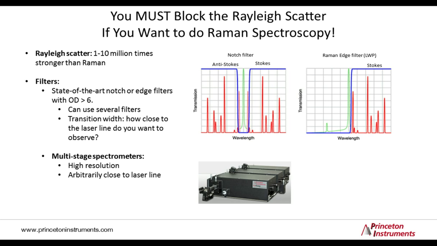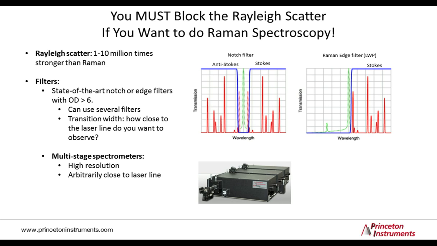Besides the optical density of the filter, the transition width is an important specification of a filter. The transition width describes a region around the laser line where light is blocked and no Raman light can be observed. Typical transition widths are around 100 wave numbers or more, although special filters can reach transition widths down to a few wave numbers. The most flexible method to observe at low wave numbers are still multi-stage spectrographs, such as